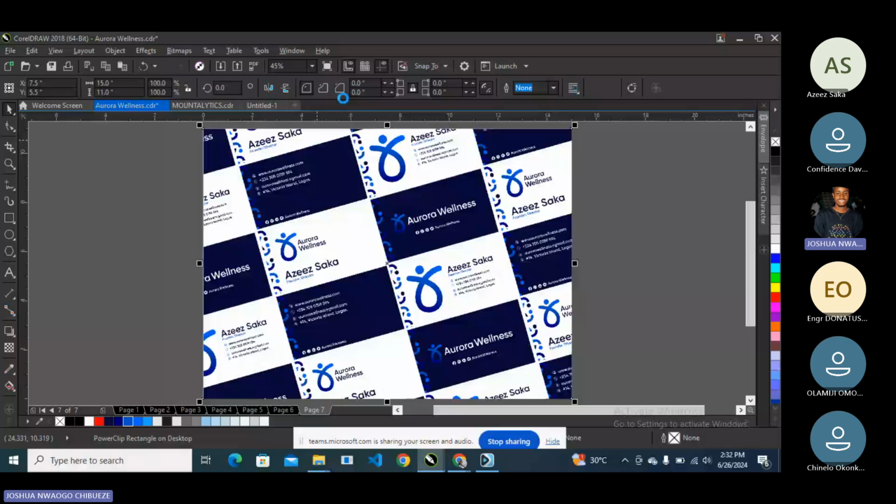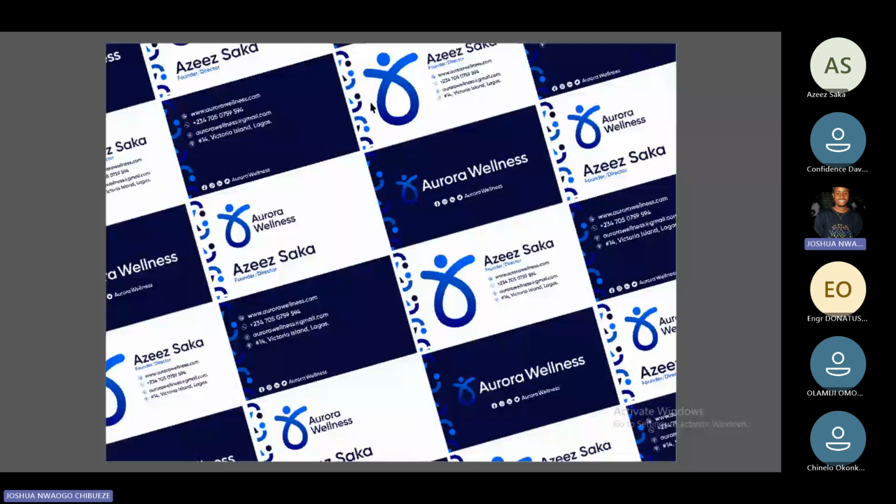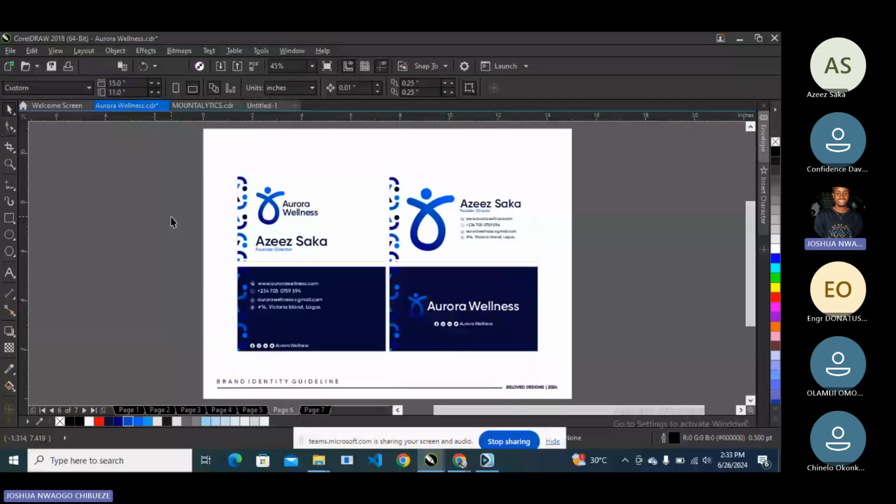So here now it's more looking like a presentation. You might have seen samples like this online, right? You can search for business card templates. You would have seen people who have presented their business cards this way. This is like a mock-up for it. So if you create that business card, I want you to create something like this also. If you are confused how I did it, just ask now. If you are confused how I was able to power clip it in there,